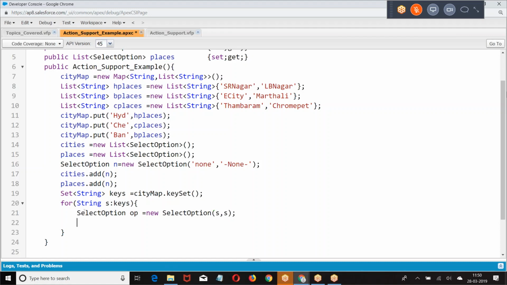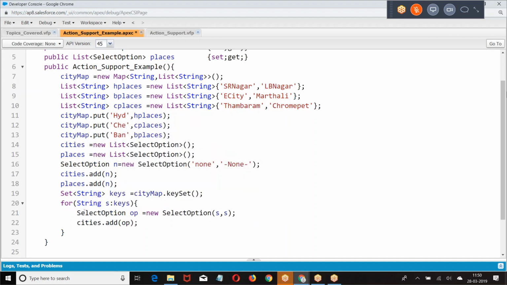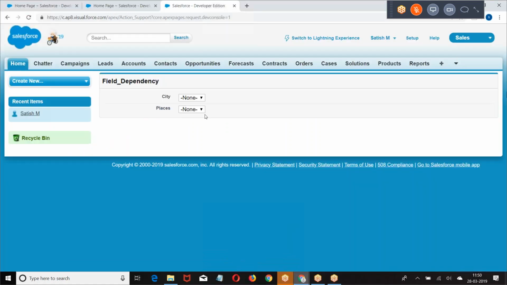Select option S. Then we added here. Take one by one key, add the places. Take one by one key, add the cities. Go back here. Hyderabad, Bangalore, Chennai. Right.